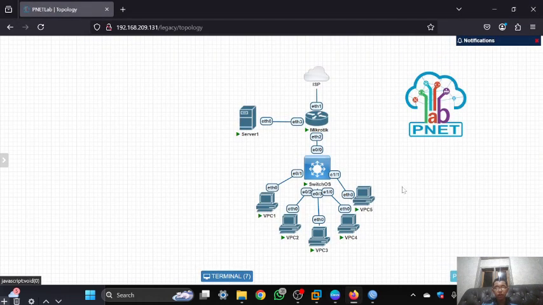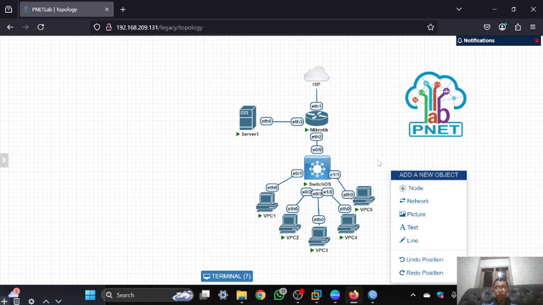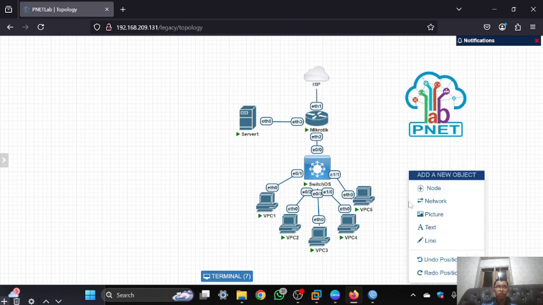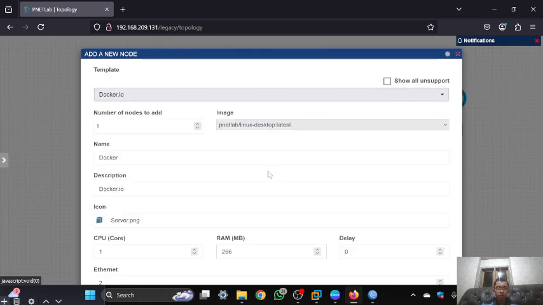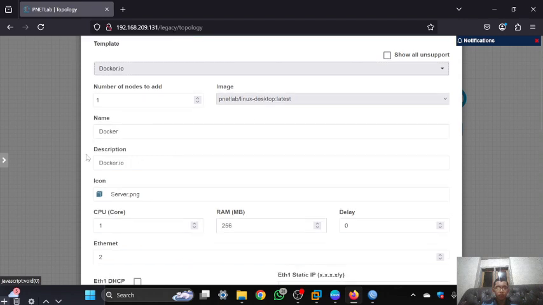So I will add a new VPC, but the VPC is GUI. So you can click node and then drop Docker, and I use the Ubuntu desktop. In the name you can change it to anything you want, and the description too.